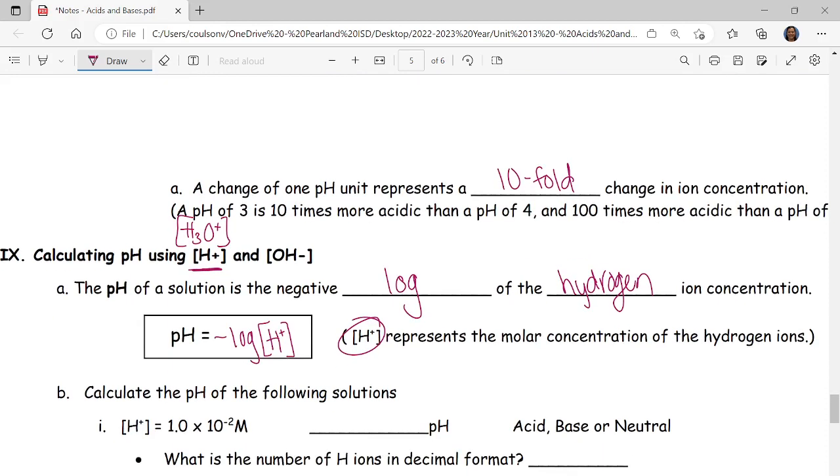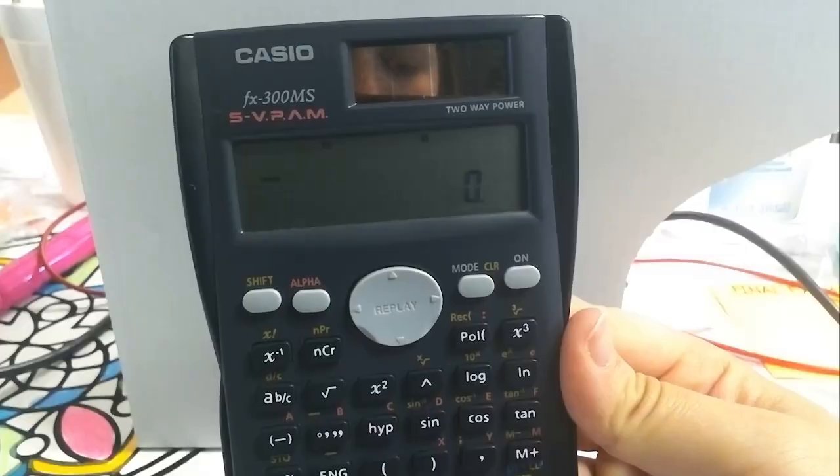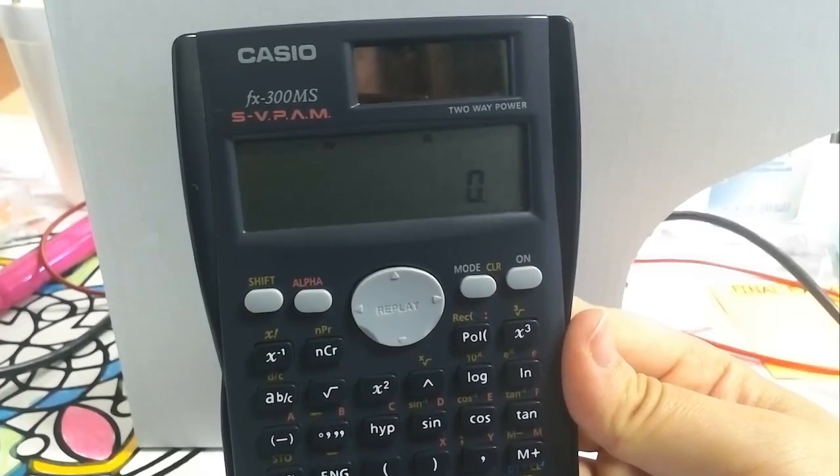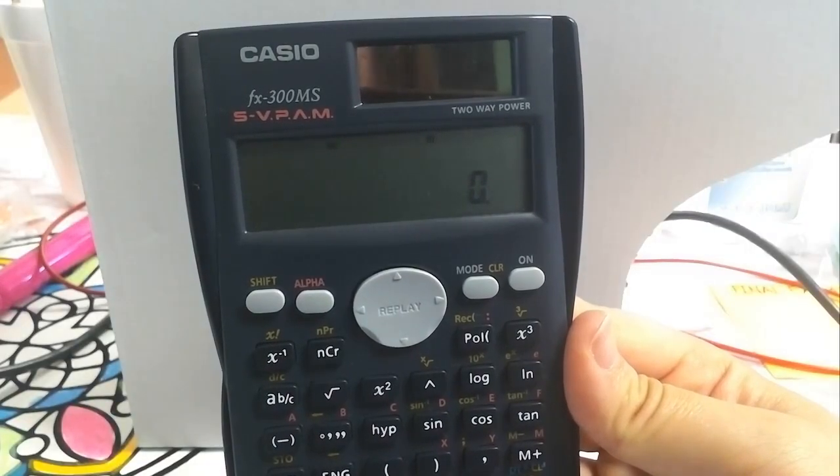So if we were to calculate this, letter I, the H plus ion concentration is this number right here. If I wanted to calculate what the pH is, we're going to use our calculators. Let me pause real quick and I'll set up my calculator to show you how we'll plug this in. With that formula sitting in front of us, we are going to calculate the pH using the formula of